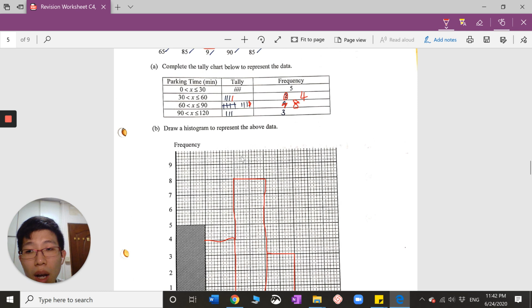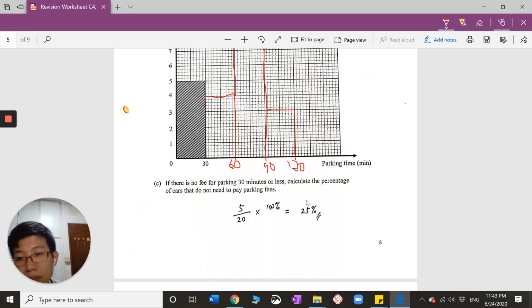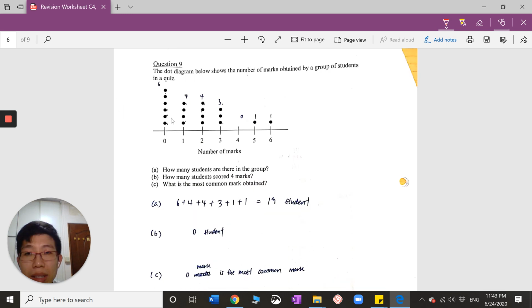So question 9, how many students are there in the group? Basically, you just need to count how many dots are there. So there are 19 dots, that's why it's 19. So how many students score 4 marks? It is 0, because there are no dots here. And what is the most common